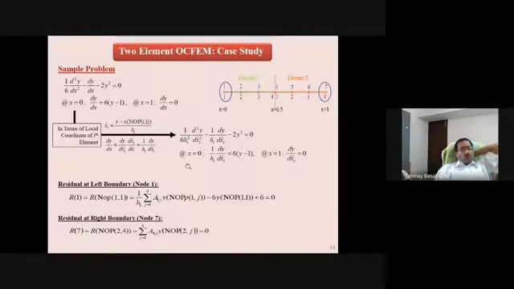At x equals 0, these are the boundary conditions, and this is already there. But what actually happens at x hat equal to 0 is this boundary condition, and at x hat equals 1 this boundary condition, and this is x hat equals 1 for the second element. At the interface, there could be some other issues, and I can address that in a subsequent slide. So the residual at the left boundary node 1 is obtained by 1 by hi dy/dx, 6 yi minus 1, which is from the first row of the A matrix.